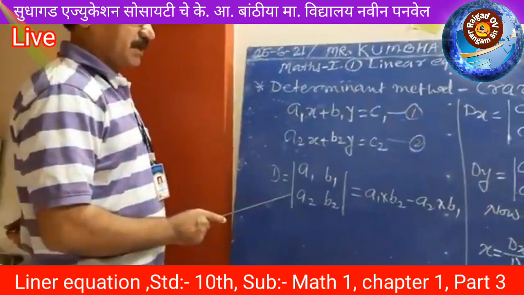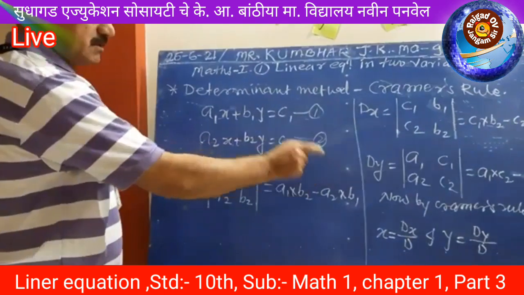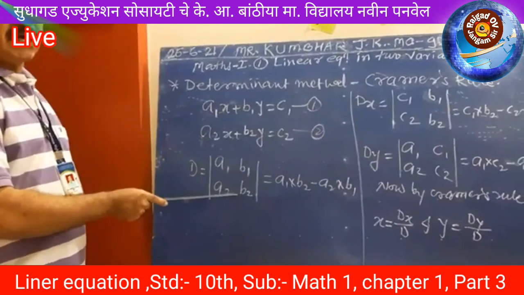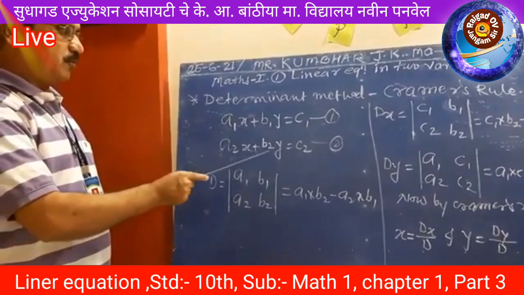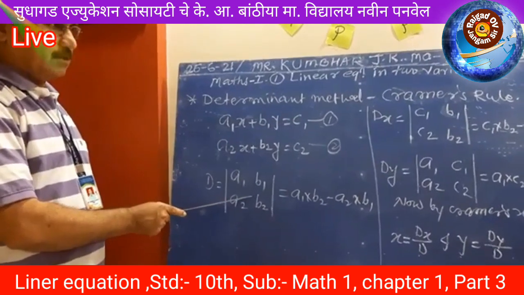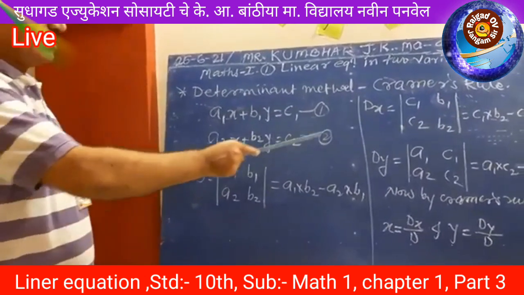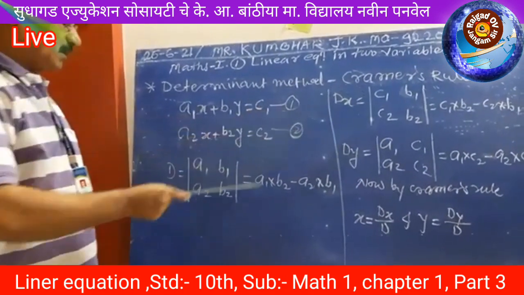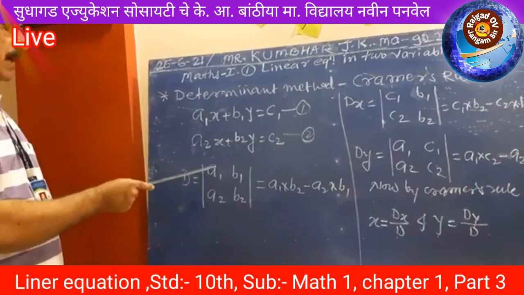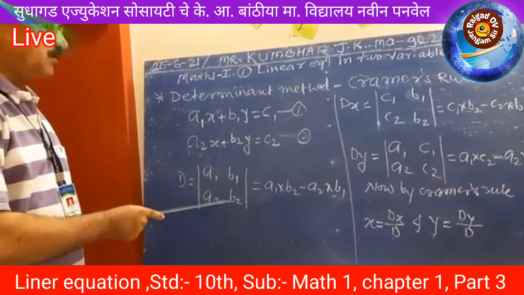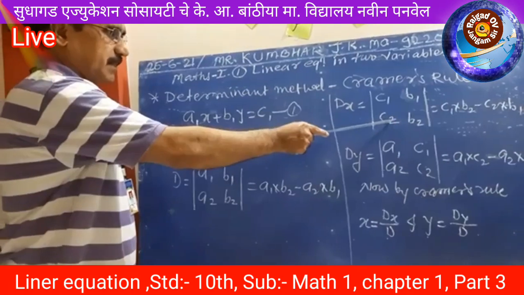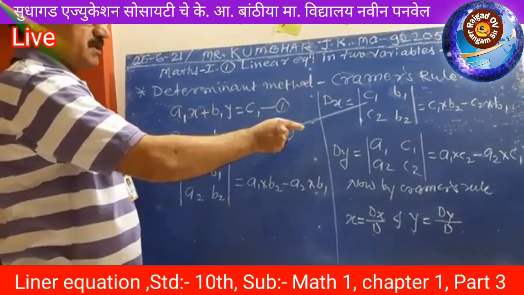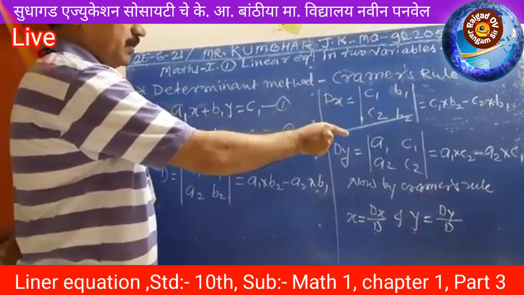Suppose this is the first game, this is the second game and this is the third game. If we play the first game, main players are there. a1, b1 and a2, b2 are the main players. This is for our convenience. Then this is the second game, Dx. For the second game, the first two players are taking rest. Except these first two players, the reserve players are there and the remaining two players are as they are. That means for the second game, Dx is equal to c1 c2 and b1 b2.